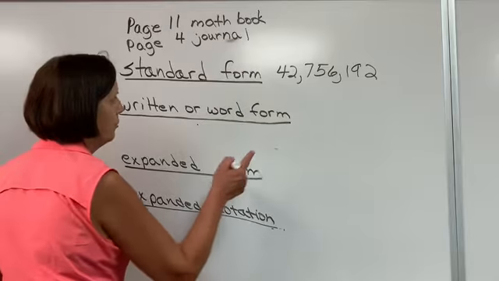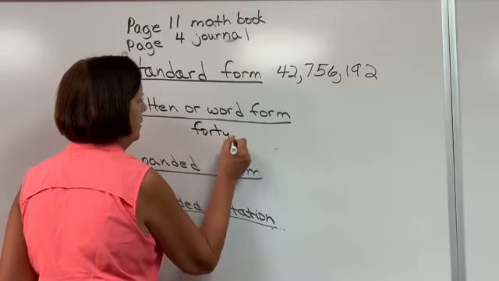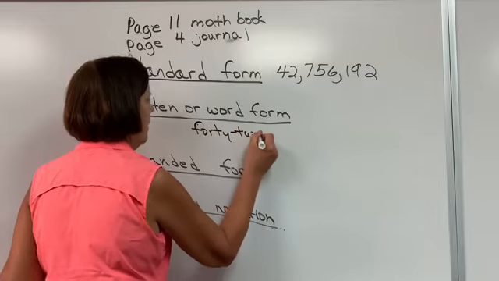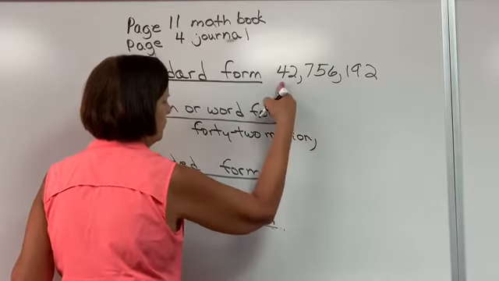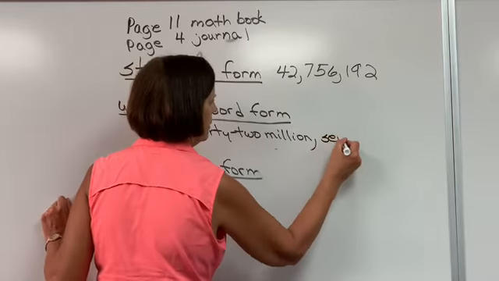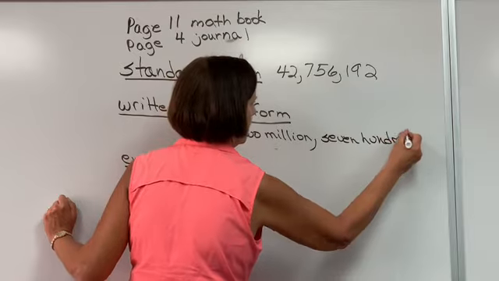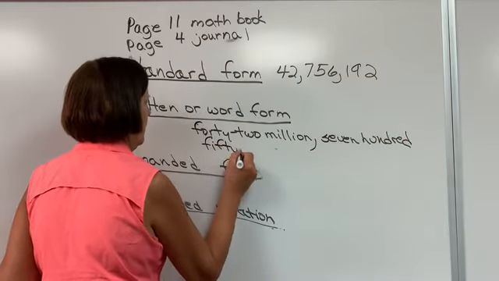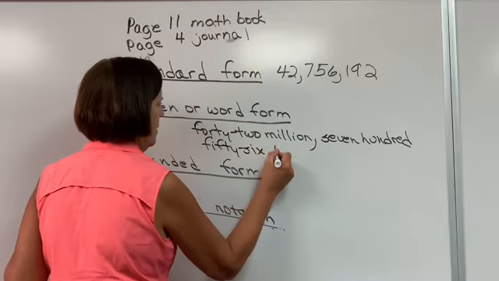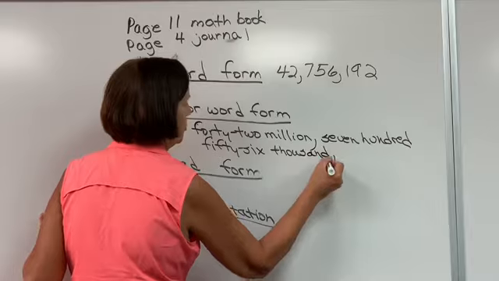So word form, I'm going to start with 42 million, and my 42 is going to have a hyphen in it, and then I'm going to put a comma, 42 million, 756,000, and again my 56 has a hyphen in it, and then I'm going to put a comma, no and